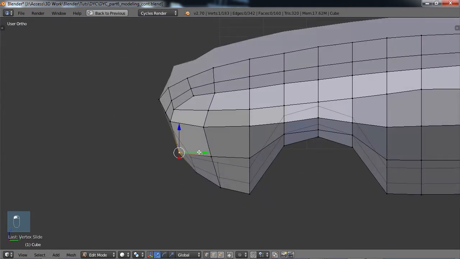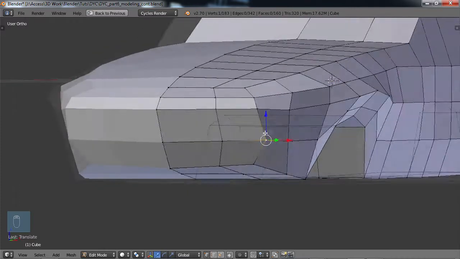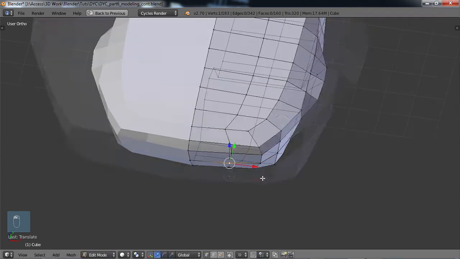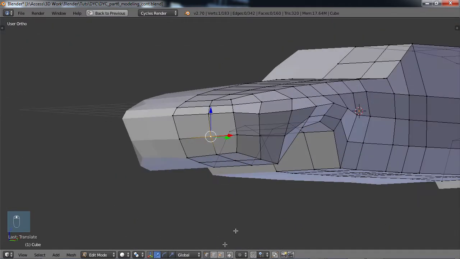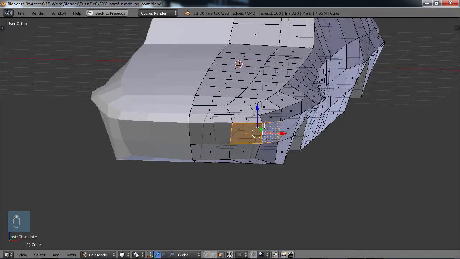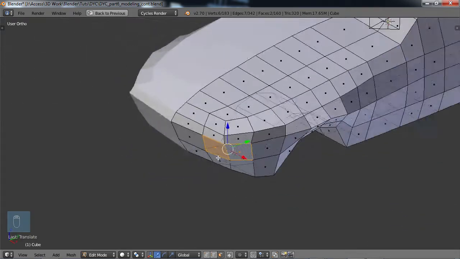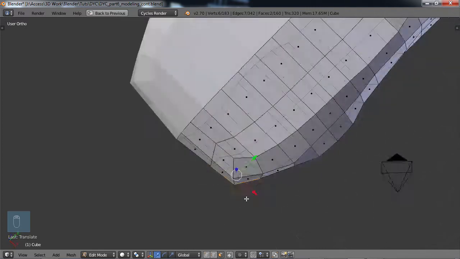And I think I'm going to move this in a little bit. Except not that way. Okay, and what I'm doing is just looking at this area right here and trying to get it kind of straight and make sure the flow is looking pretty nice. So once I have that the way I want it, which I think I do,